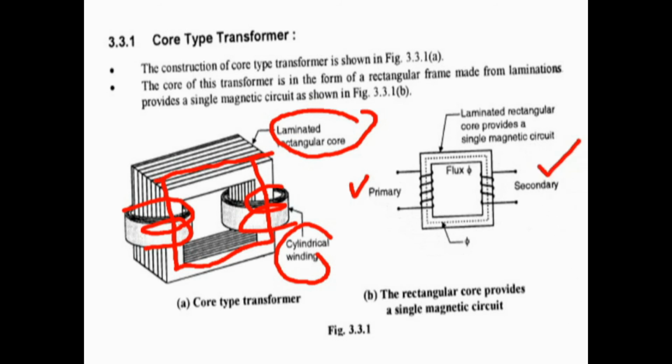This forms the secondary circuit. Okay, and then see guys, this one is the core type transformer. There will be a single magnetic path of flux. See here, this is the path of flux, which will be set up in the iron core, and there will be two sections of windings. This is called a single window, also called a single window transformer.